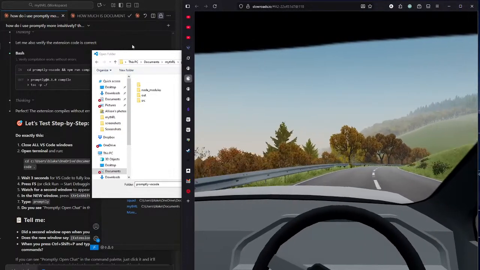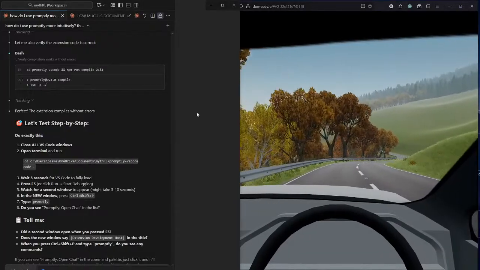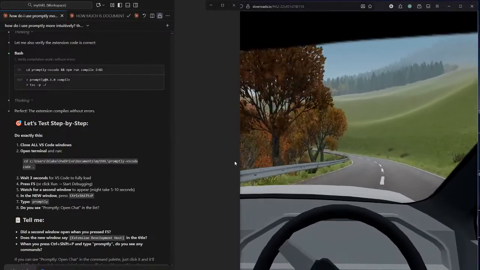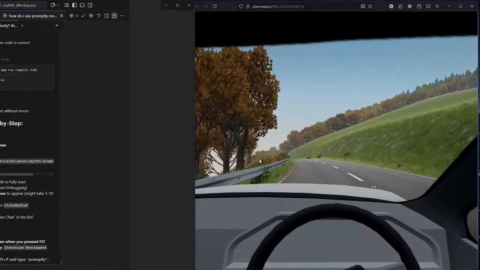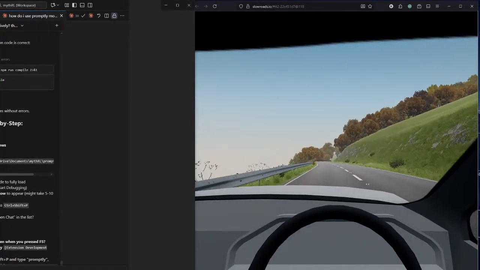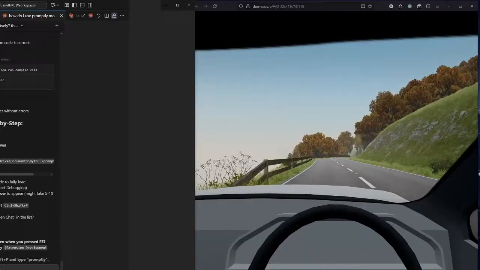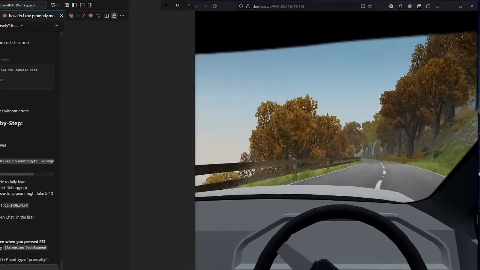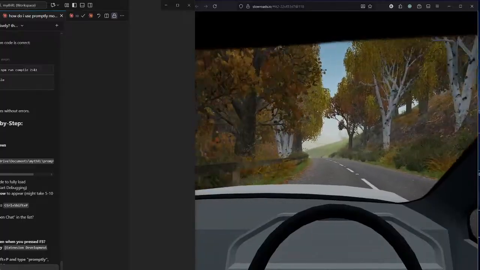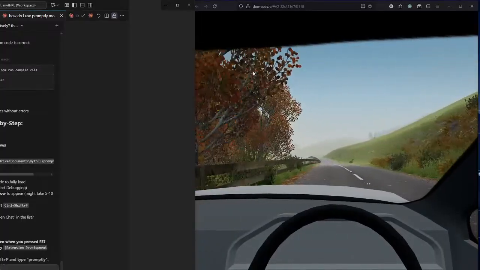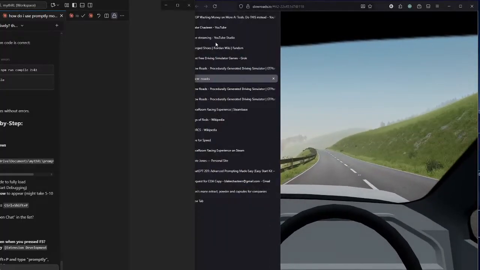There we go. Check it out. And then I cut it over here on this side. And then over there, it's driving a car. Cute, right? Mm-hmm. That's what I thought.